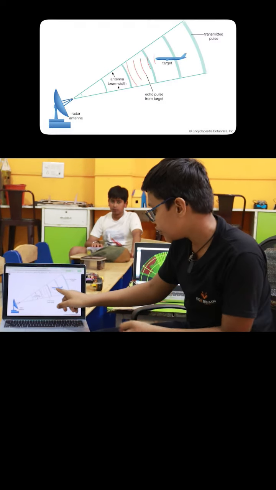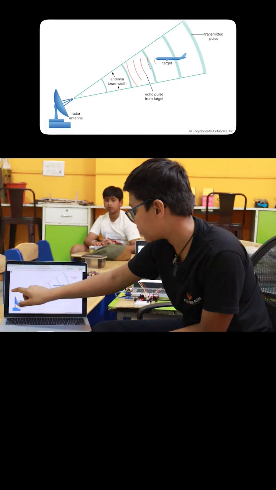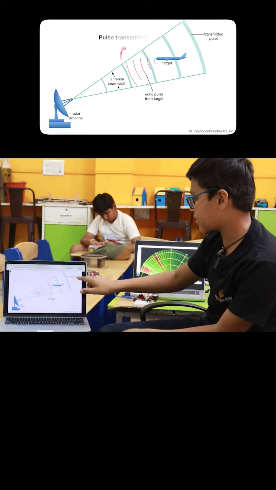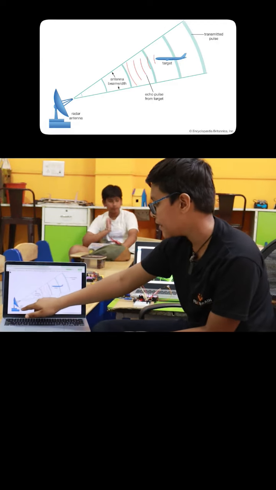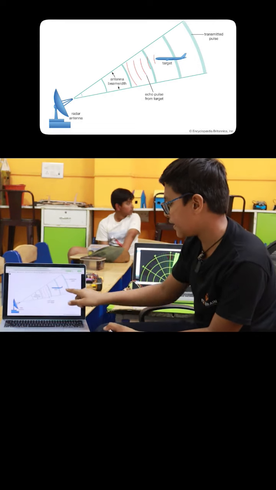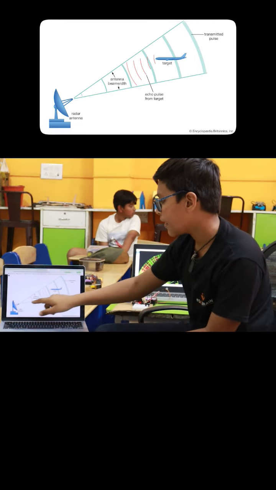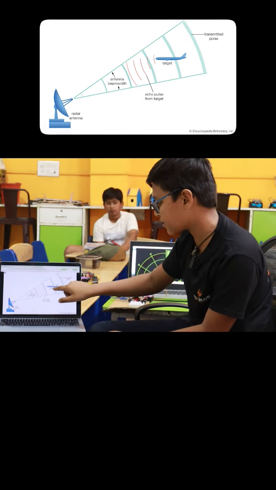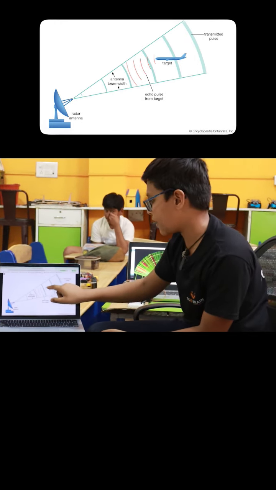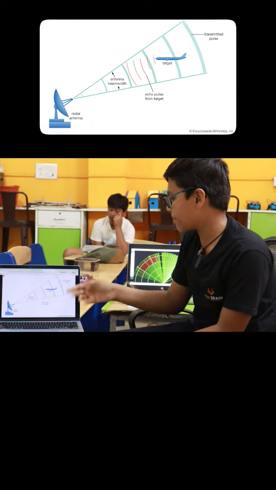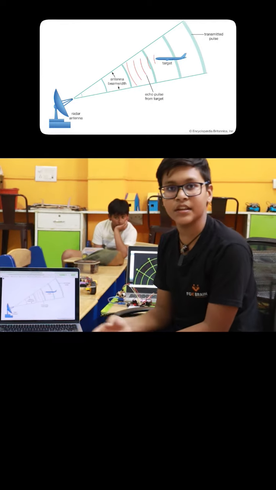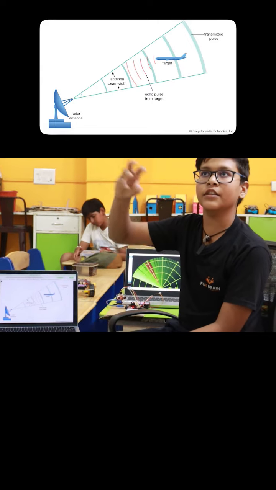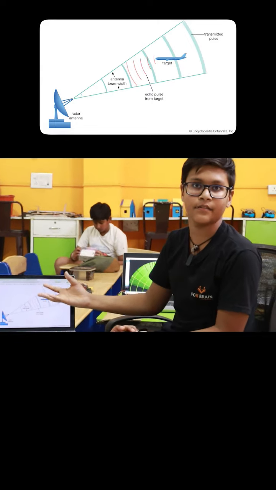As here you can see the diagram of this, and these are the pulses, transmitted pulses of the radar antenna, and here the target is given, and when the radar system's waves catch this target, the waves come back here. The speed of this is compared to the speed of light.